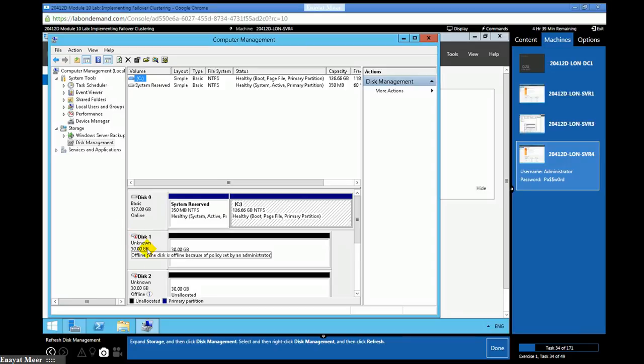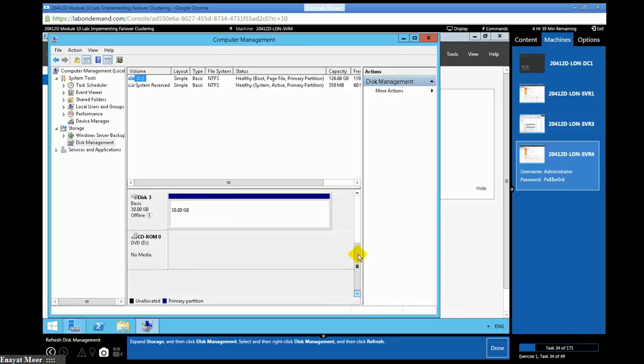So here we go, we got these 3 disks, and you can refresh it because we have done it on SVR3 as well from the same server. When you refresh, you will see those blue tabs on the top. Now you can initialize these drives and bring them online, because a red arrow down is no good.